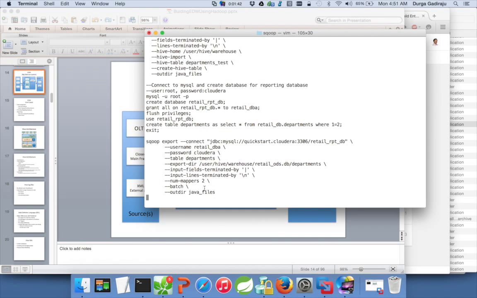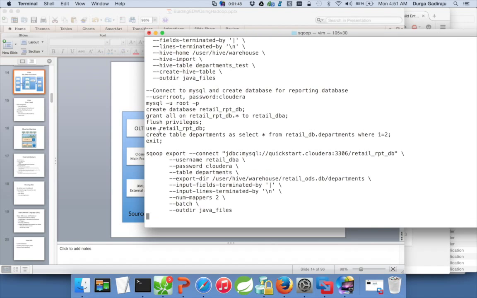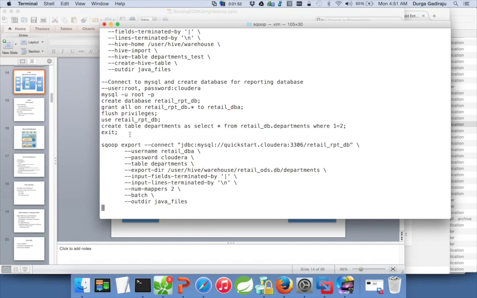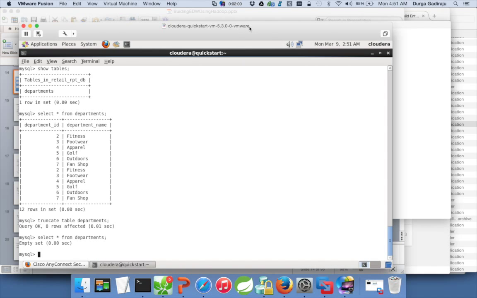It will be a quick demo, and these are the steps which you need to keep in mind for the Sqoop export. You need to have a target relational database. In this case, we are using MySQL database, and what I am doing is